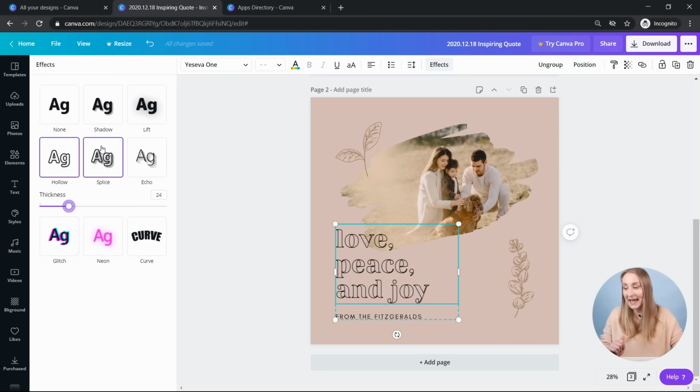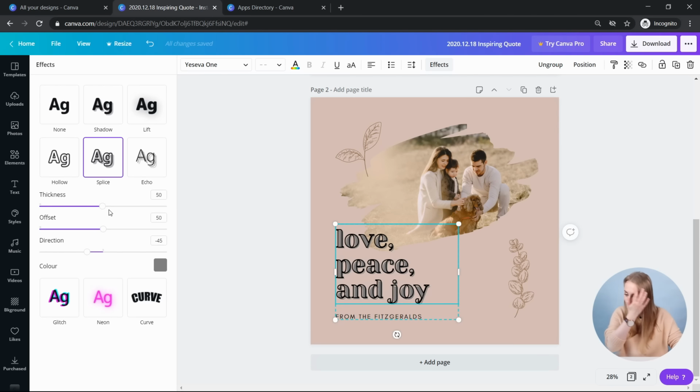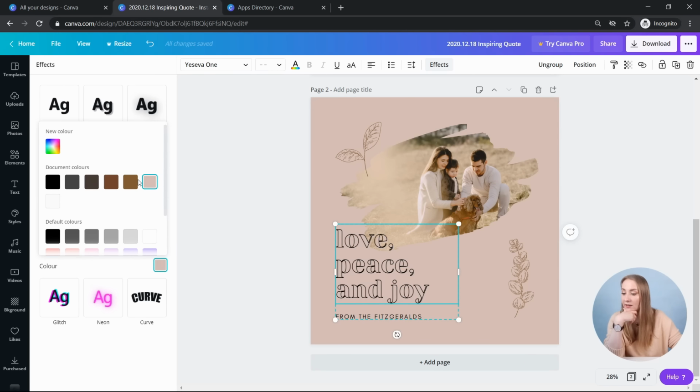There's also the splice option. I love splice. So the way you play around with splice, it's got a few different options. You've got thickness. Again, you can make that stroke more elegant, thinner. Then you can have offset. So again, it puts your design more in line, so it looks just like a stroked text like this, or you can offset it so it looks a bit more modern. This is what a lot of brands are using at the moment. And there's a direction as well, just like previously, so you want to stay consistent with that. And this is where you pick a color for that fill color.